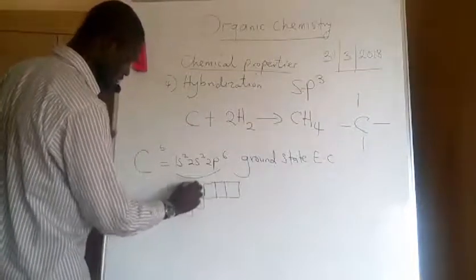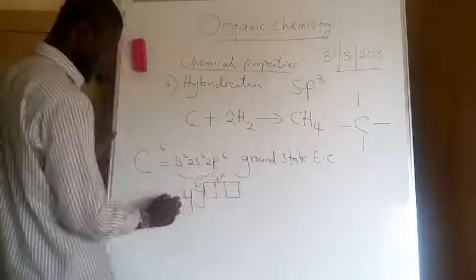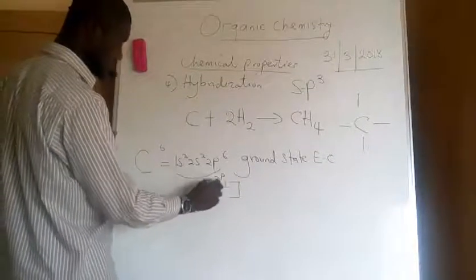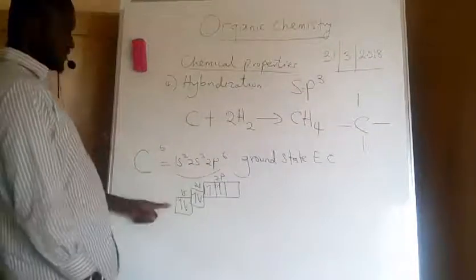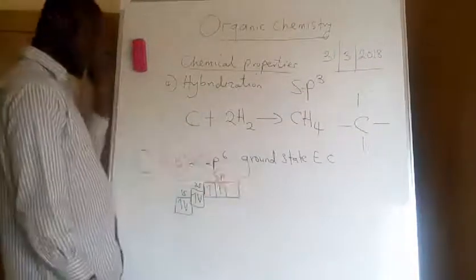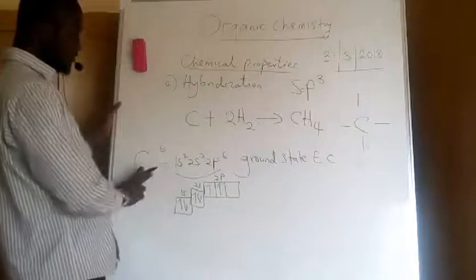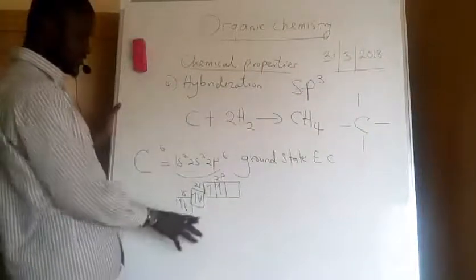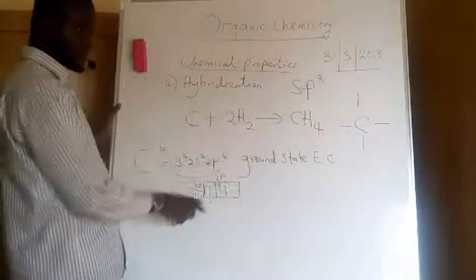This is 1s, 2s, and 2p. This is 2 electrons, and 2p has only 2, so I put 1, 1. This is still representing the ground state electronic configuration. Now, for this carbon to react with the hydrogen atoms, it must change from ground state to what is called